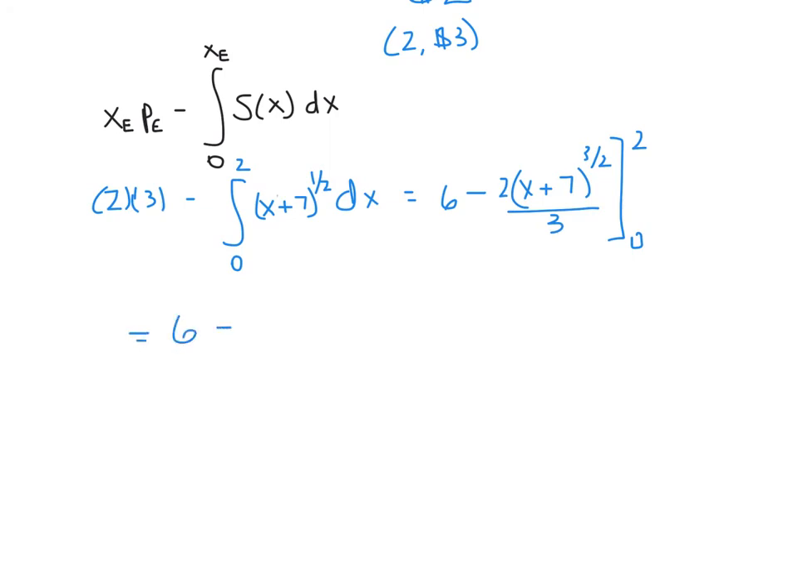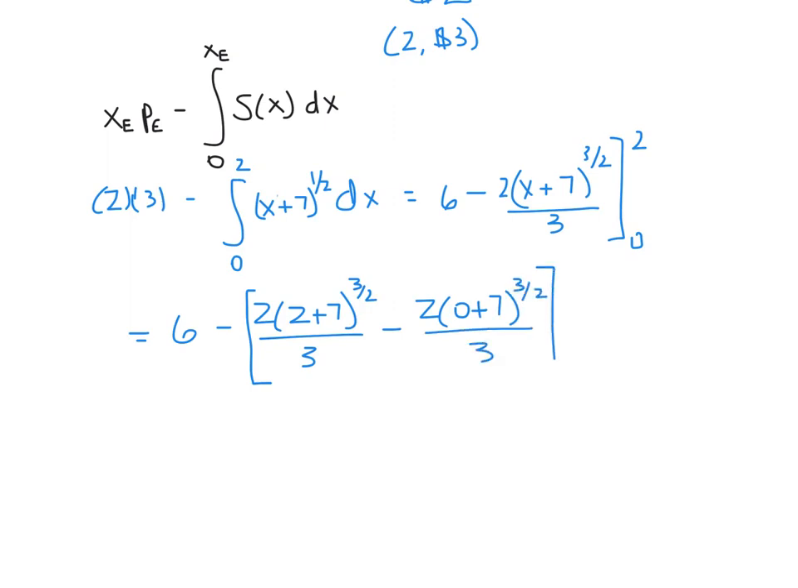So we have 6 minus, and we're going to plug 2 into this. So we have 2 times (2 plus 7) raised to the 3/2 power over 3. And then we also need to subtract from that what we get when we plug 0 in. So we have 2 times (0 plus 7) to the 3/2 power divided by 3. Alright, so now let's simplify this. So we have 6 minus, and inside here we have 7 plus 2, which is 9. 9 raised to the 3/2 power is 27. And then 27 times 2 gives us 54, and 54 divided by 3 gives us 18. So we have 18 here